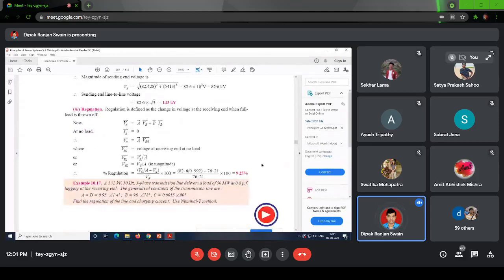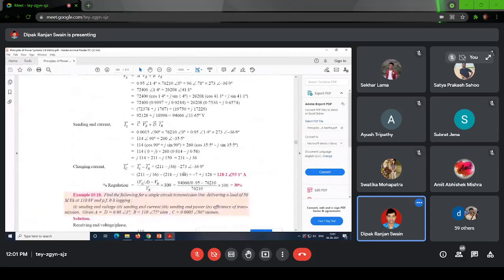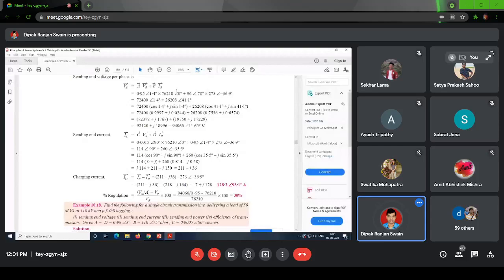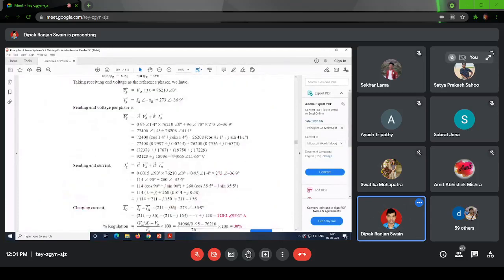So this is how there are different types of problems to calculate the ABCD parameters, transmission line efficiency, and regulation. Here you can see they have not gone by the procedure that we have followed in the last 2 or 3 classes. They directly put the values of A and B, because in this problem the ABCD parameters are given. So you don't need to do the calculation for IC or intermediate voltages. Directly put the ABCD equations and you will generate VS and IS. That is the advantage of having the ABCD parameters. The calculation is very much minimized.